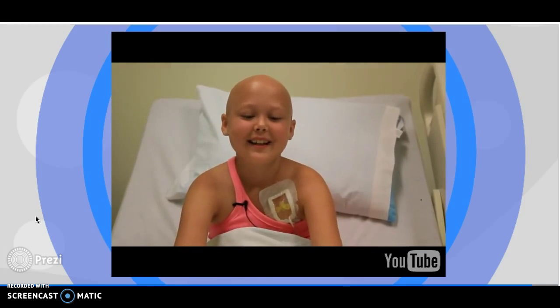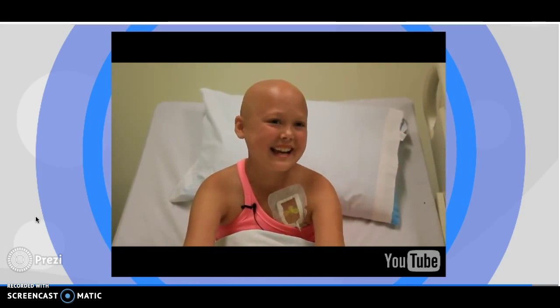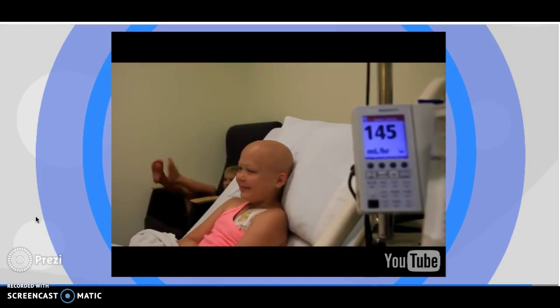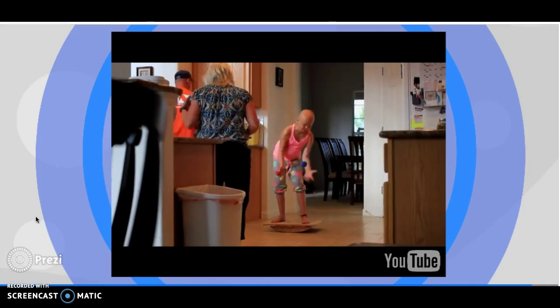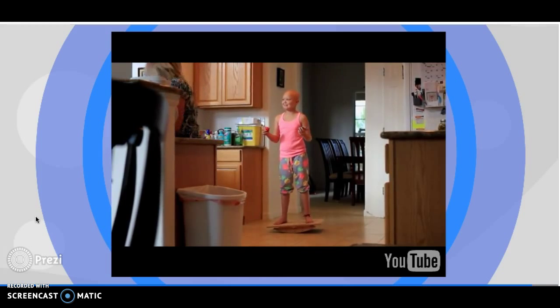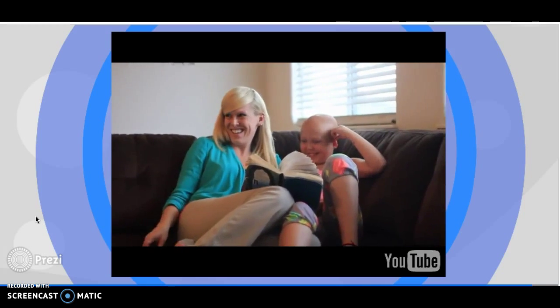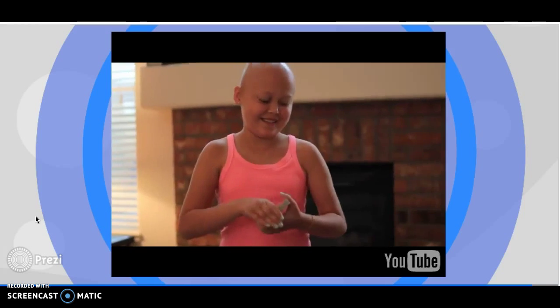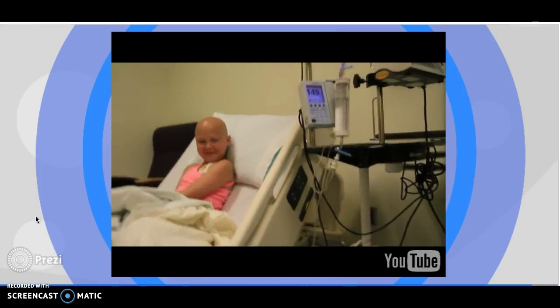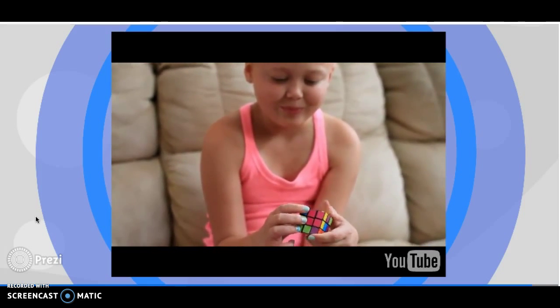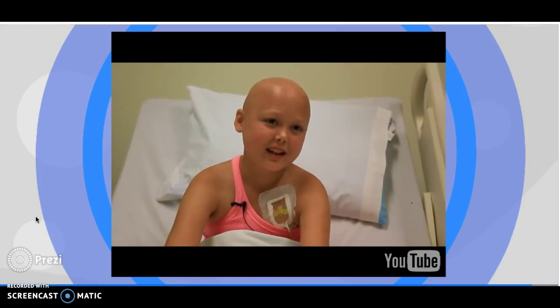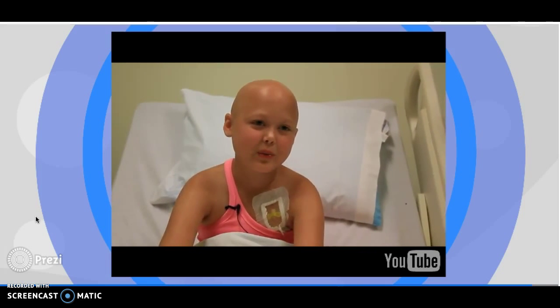Like, I didn't know what to do or say. It was awesome. She's already beat the odds on lots of stuff. She beat the odds in how long she was going to be in the hospital. Her tumor went away, but beyond that, anything that a parent wants for their child is to just be a healthy, happy kid that turns into a healthy, happy adult that lives a long, healthy, happy life. I want to be a pediatric oncologist and help kids out that have gone through what I've gone through.